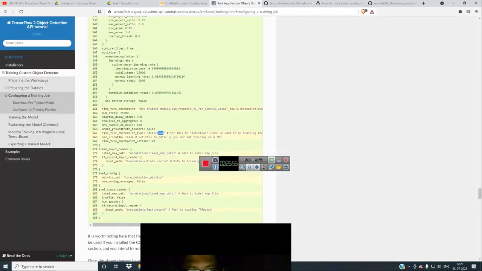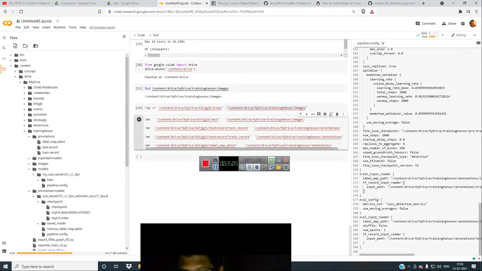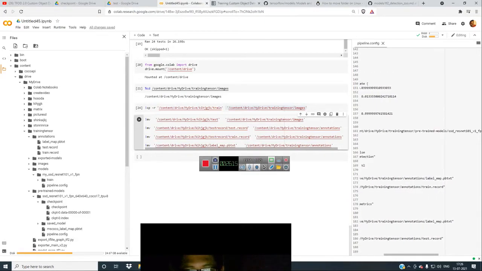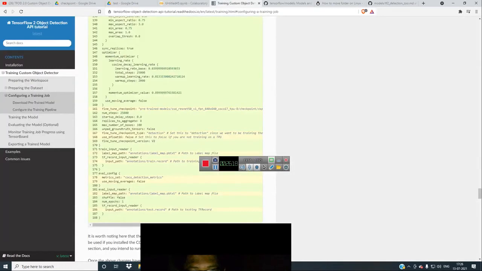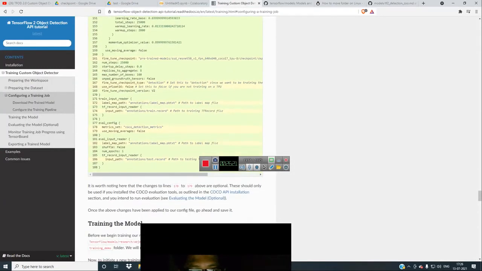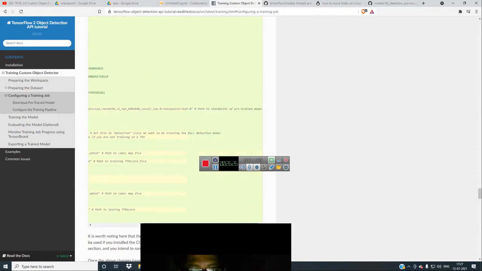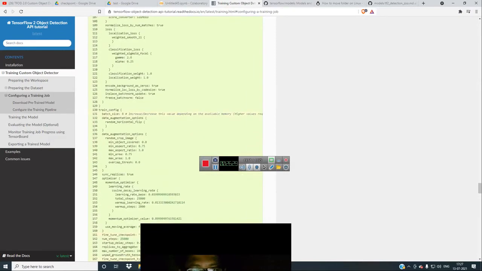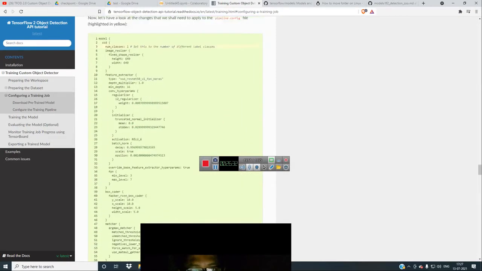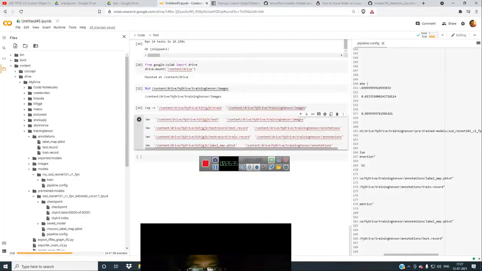In here they are telling that you have to use the test dot record and label map dot pb.txt, and for moving averages you should give COCO matrix detection. Okay, for this COCO matrix detection should be given, and false. In the above you have to give the label text for train, and train also you have to give. Here you give train dot record and pb.txt, and in fine tune you have to give the CKPT. Batch size is 8, that is what I have given. Number of classes is 1, but in here it is 3.